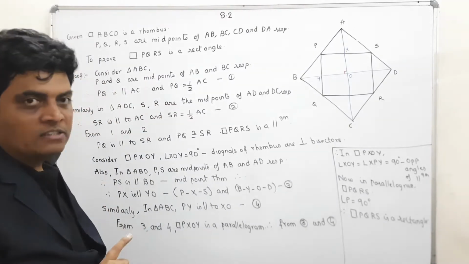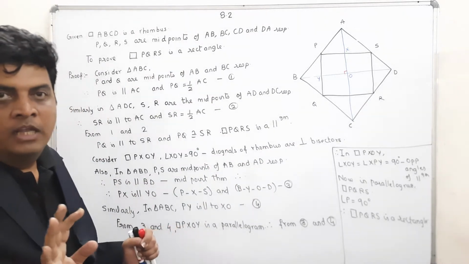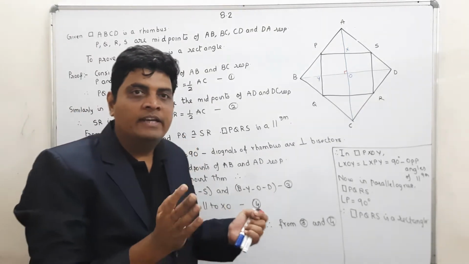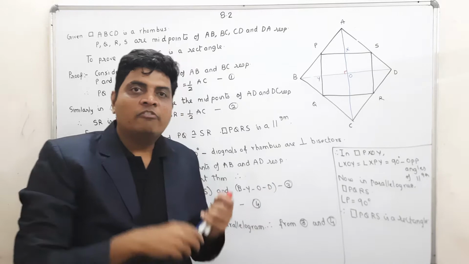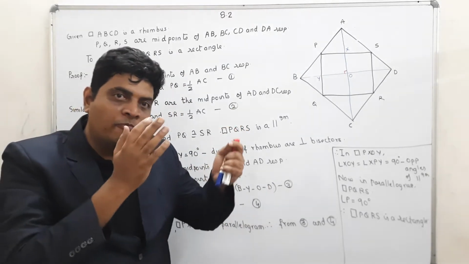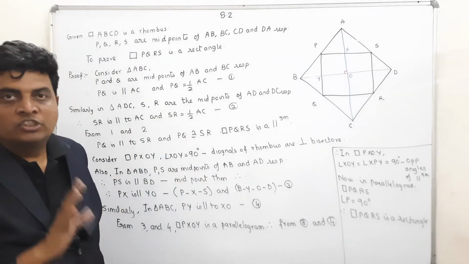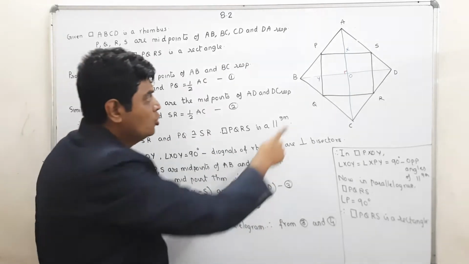So now what is my first step? My first step is to prove PQRS is a parallelogram. This will be done in the same way we did the first sum. So basically, first sum which we have solved of this exercise, it forms the step 1 of almost 4 or 5 sums of exercise 8.2. Step 1 is this same. So now what I will do?